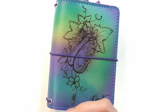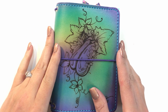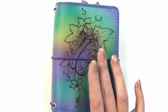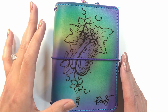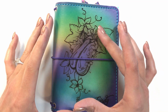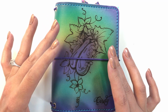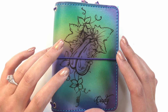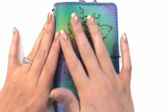So I had approached Keelan at Imperfectly Perfect about making a custom one of hers. She does a bunch of custom work and she hand paints her notebooks, and they are absolutely gorgeous. And I had approached her about making one that had eggplants on it, but that was super fancy looking. And so the eggplants were kind of surprise eggplants. In the context of sexy times is probably not the best thing ever, but in the context of this design,